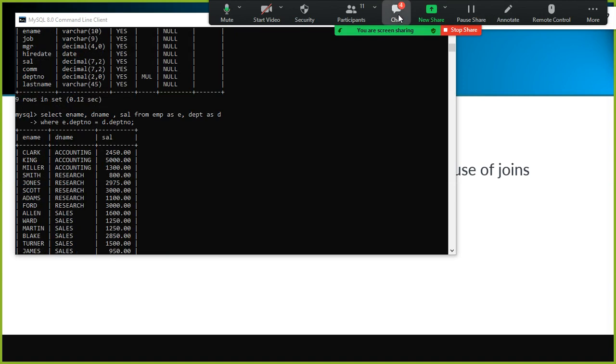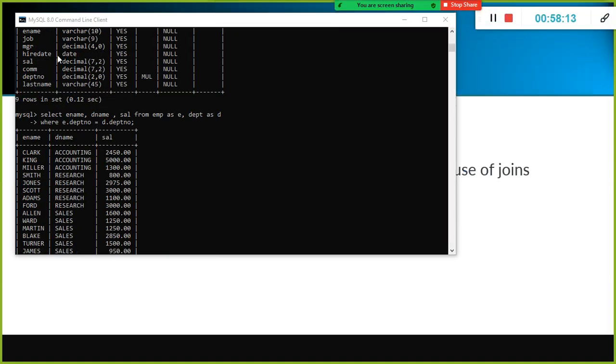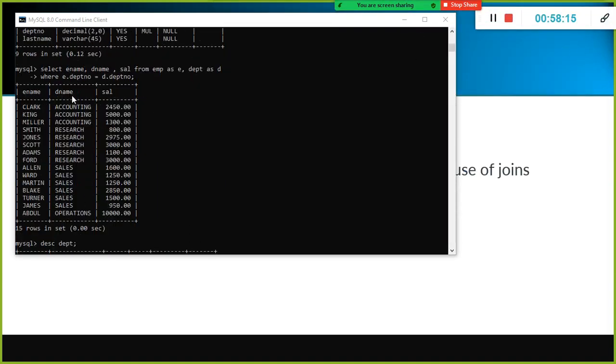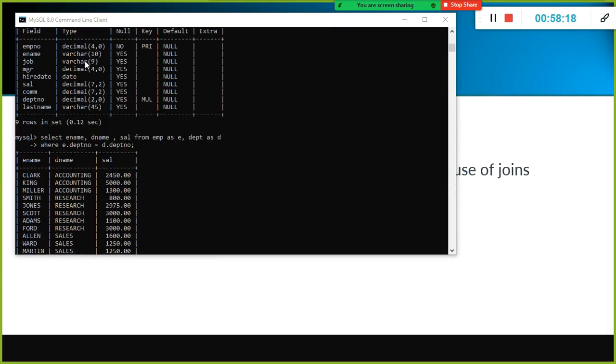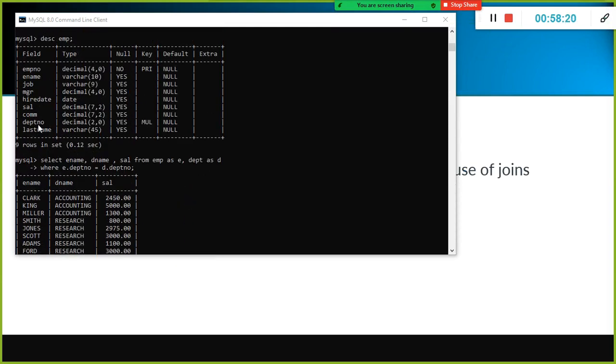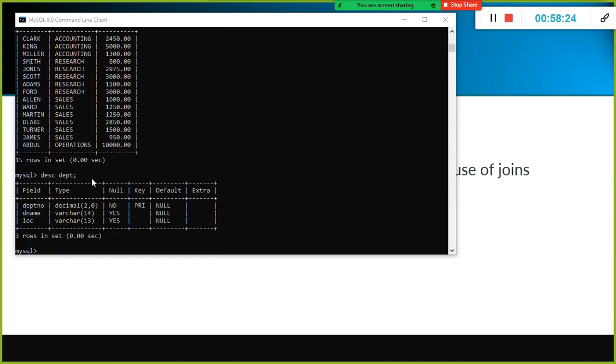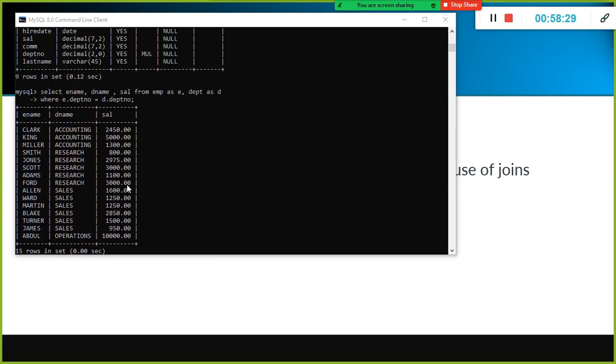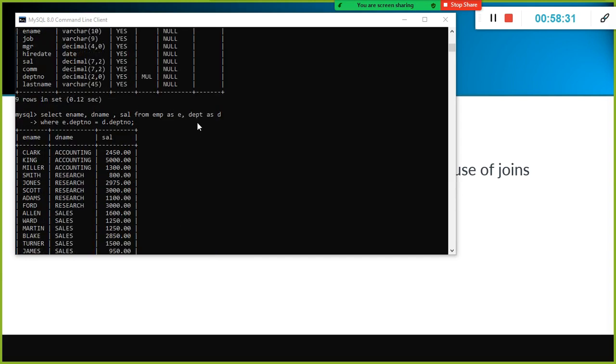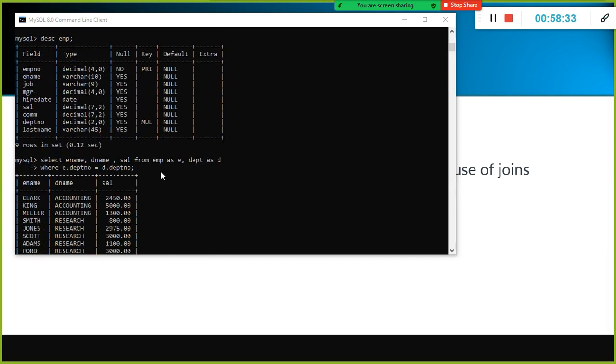Very good, right? Department number, very good. So that is what I expected from you. So department number is common between these two tables, and also in this table the department number is the foreign key which references the department number in the department table. In that table this is the primary key, right? So what we are doing is joining the common column between these two tables in order to get this. Now you understood why we need to perform joins, why joins are required.